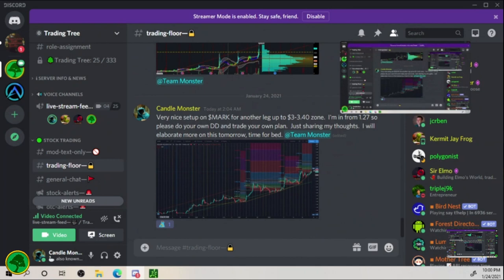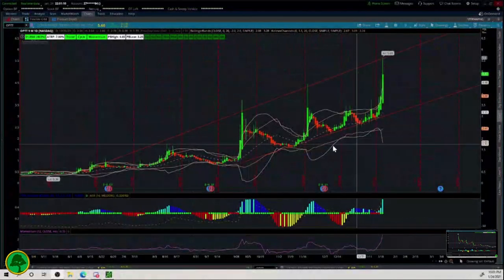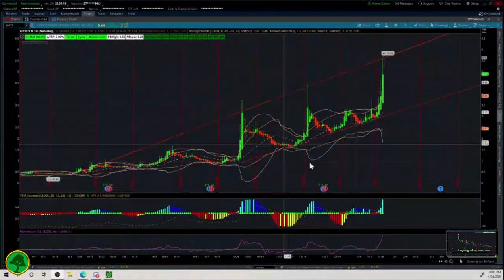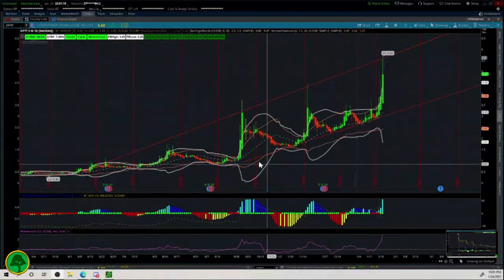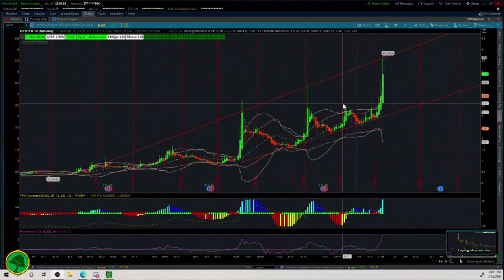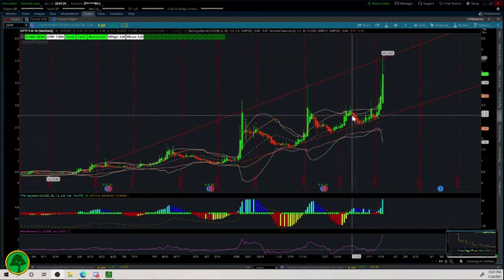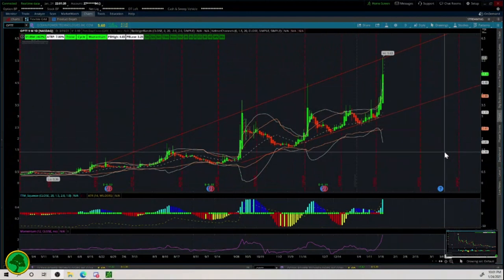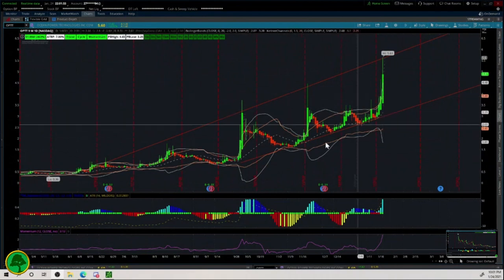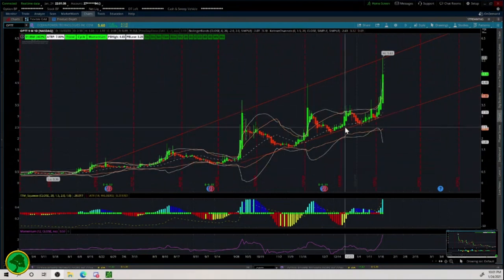The difference with OPTT, and another way to play a swing like that, is when it's consistently rising. So say you took your entry at 285, which is what I took my entry on OPTT. I'll actually explain. You can see my pattern that I've highlighted and why I don't think you should buy it right now. Just looking at that chart, you should already know why I'm going to tell you should not buy that stock tomorrow. Anyway, we'll talk about that in a minute, but basically with OPTT, I got in at 285 on January 15th,